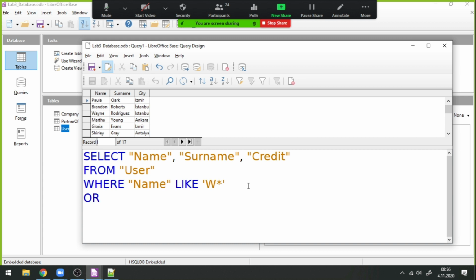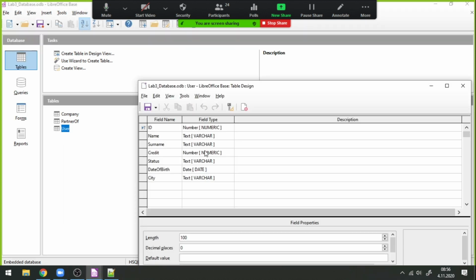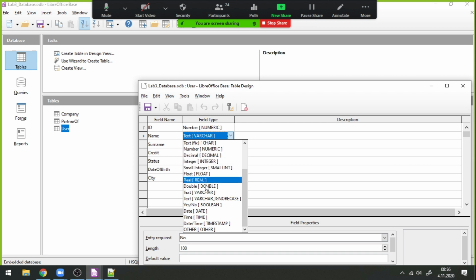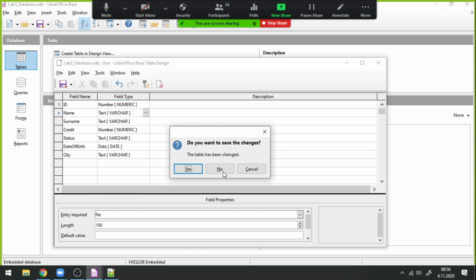Or I want the surname to include the letter O, and it says whether capital or small. If I check the user table in edit, I will see that the name is using the data type text, and this is the case sensitive one. So the uppercase and small case letters are different. It is not the ignore case version. Therefore, in such case,